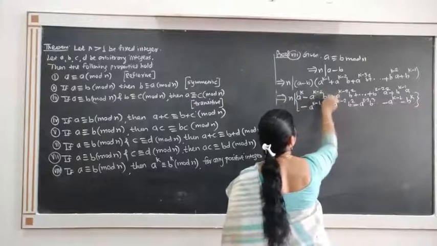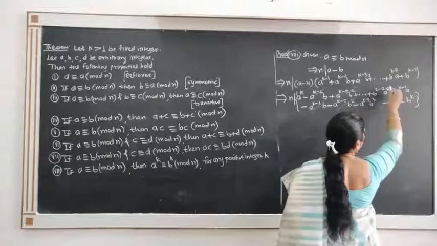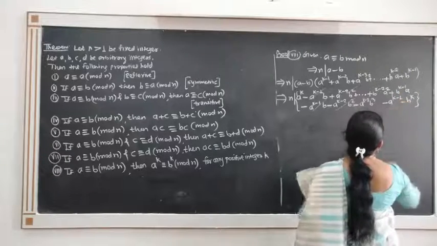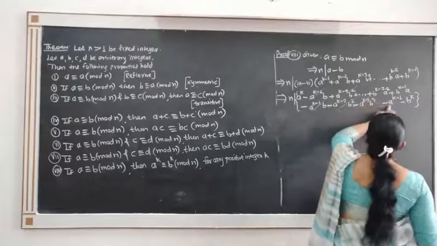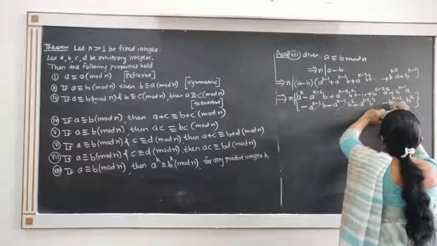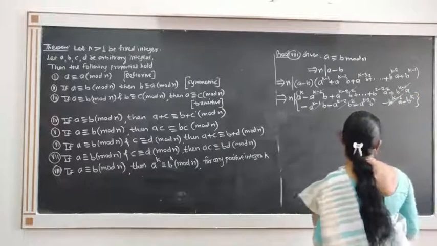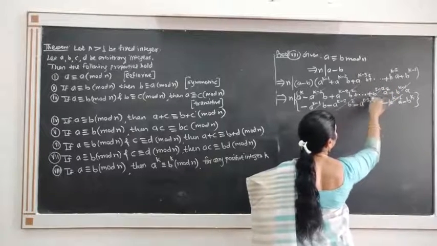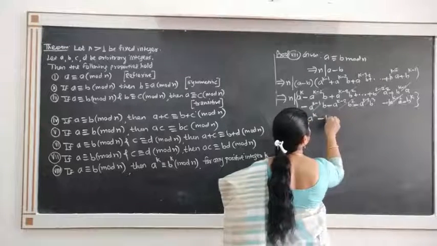Observe that this A raised to K minus 1 into B gets cancelled, A raised to K minus 2 into B square gets cancelled and so on. This last term I am writing for this one: it is B raised to K minus 1 into A minus. So B raised to K minus 1 A cancels with B raised to K minus 1 A. All the terms get cancelled. This term will get cancelled with the previous, etc. And we get N divides A raised to K minus B raised to K.